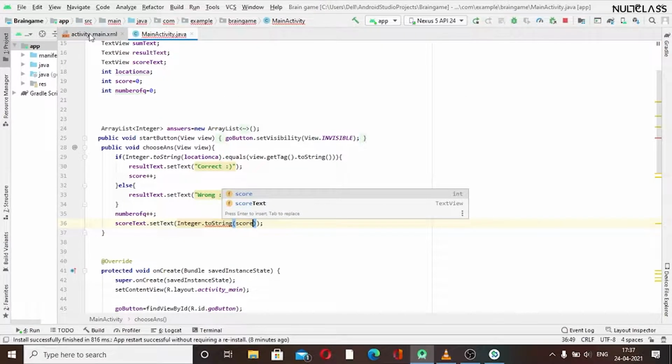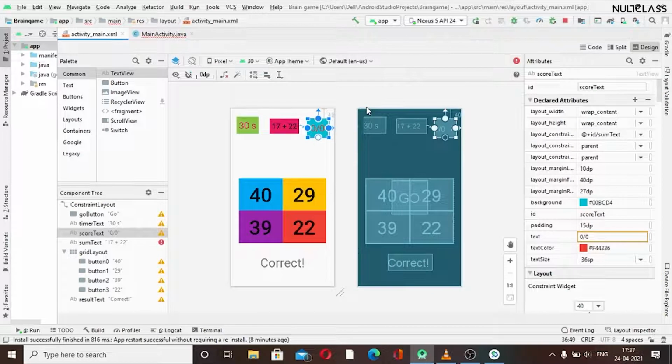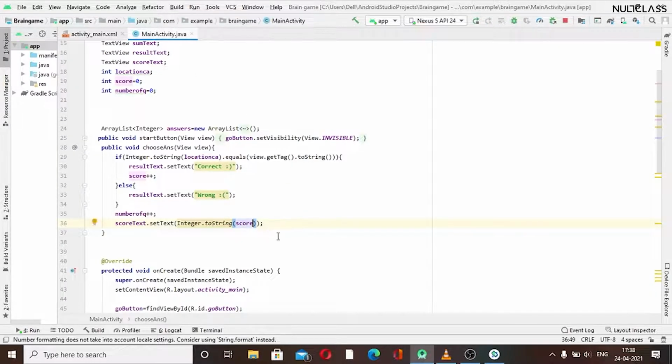Okay, so I will first tell you that we need to show it in this manner: score, then a slash sign, and then the number of questions. So we will use score, then we want a plus sign to concatenate, and then a slash symbol. I think we should not give a space.